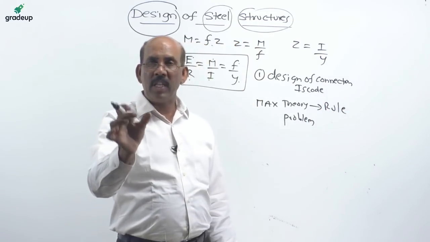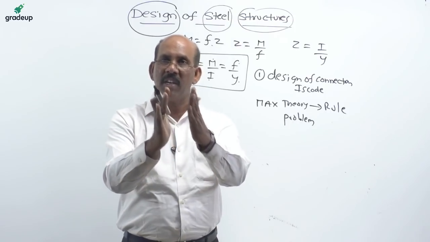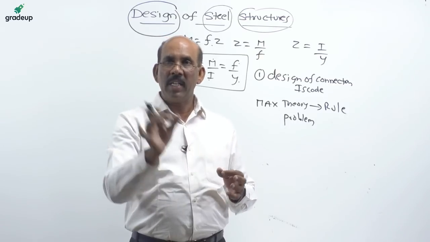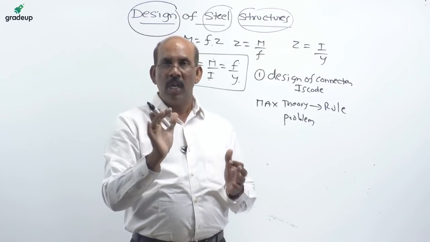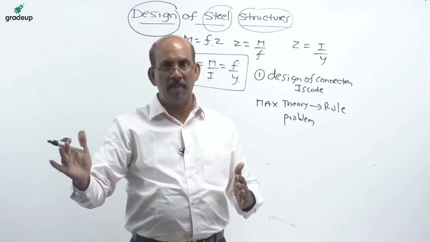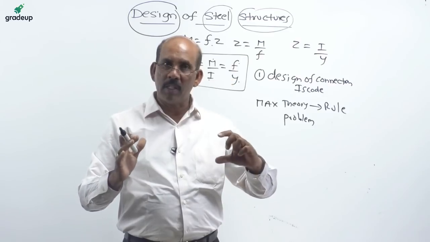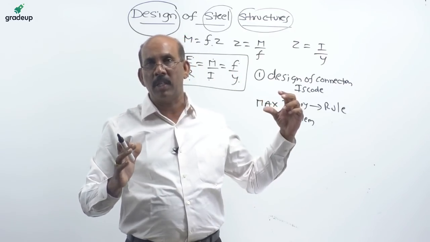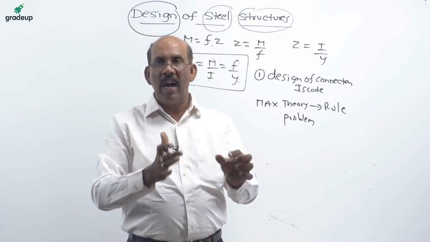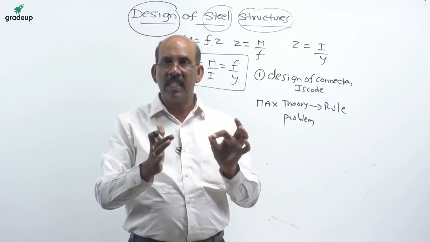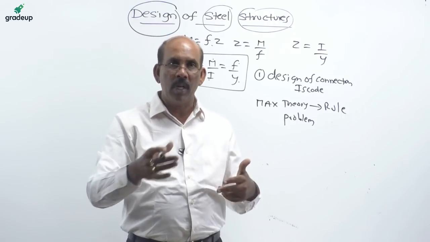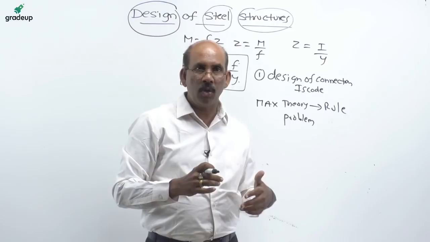The rule is with reference to, as I mentioned, a riveted connection: what is the spacing between the rivets? That we call the pitch. So this pitch with reference to tension member, with reference to compression member. So most of the questions with reference to this particular part are clearly with reference to the code book rules and simple calculations, because tedious calculations take more time. Second one, with reference to